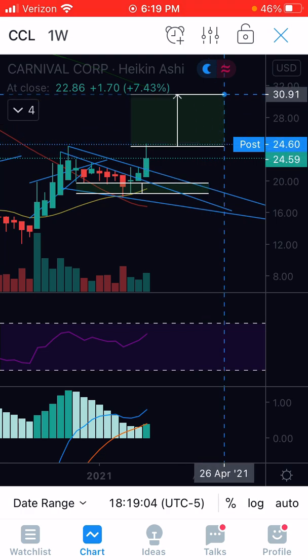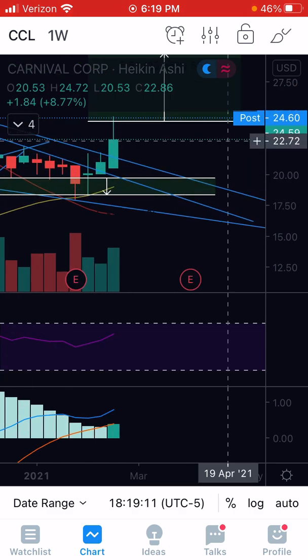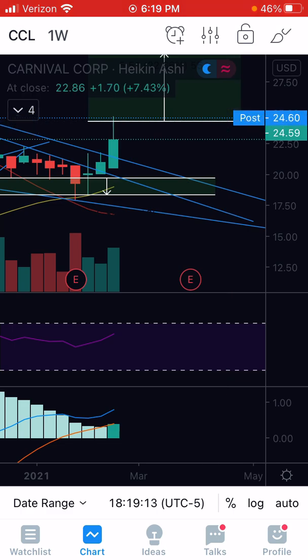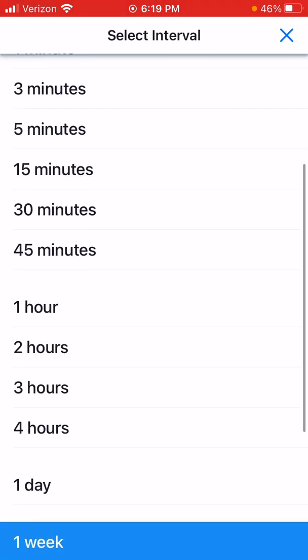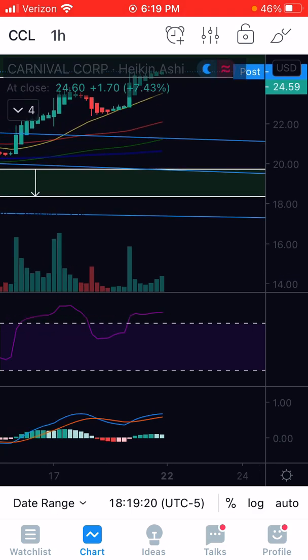And as of right now, let's see, where are we at? Oh yeah. So we've been holding support there, which is awesome to see. So let's take a look and see what's going on. If we look on the hourly here,